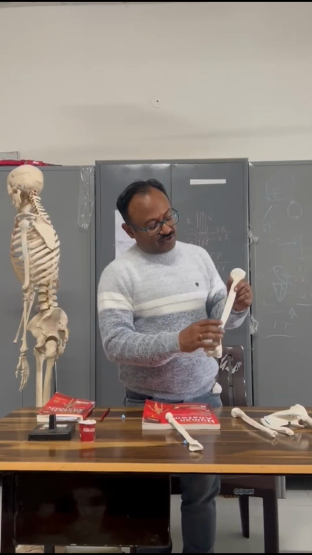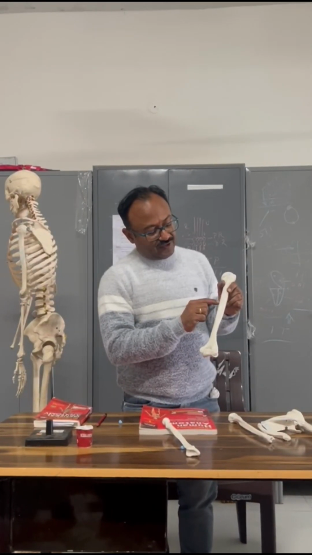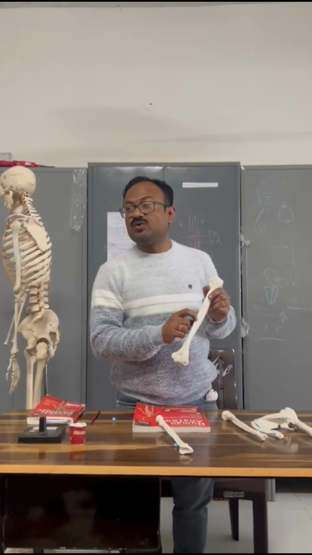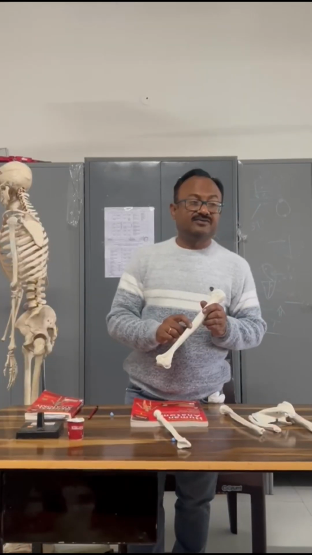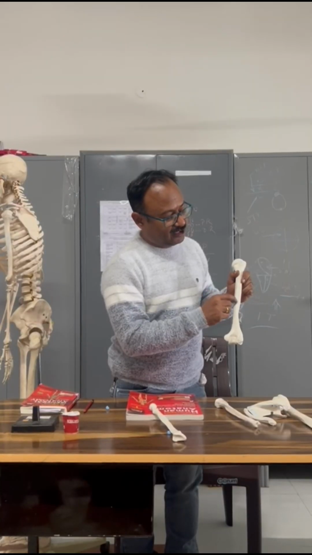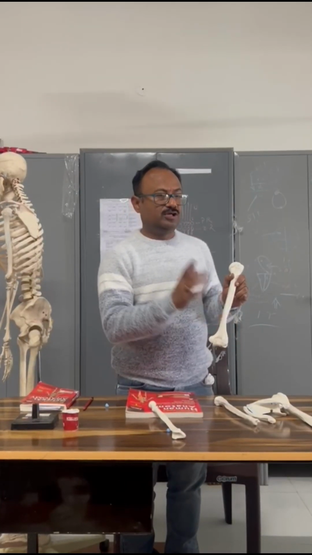At the posterior surface you will find a groove going downwards from the medial side to the lateral side that is called the radial groove. This is for the accommodation of the radial nerve. So the radial nerve will pass on the posterior surface from medial to lateral side, and the groove is called the radial groove. So at the posterior surface